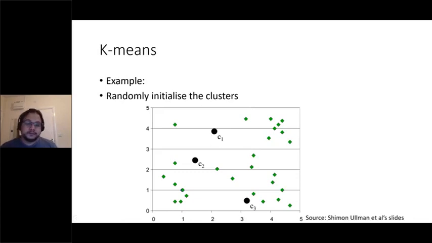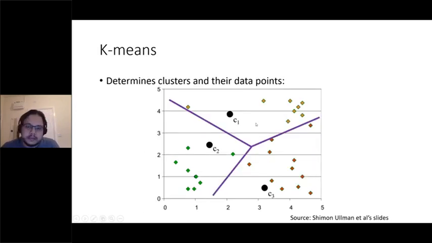Let's see this example. So we have these data points. What K did we pick here, guys? What is our K? 3. Exactly. 3, because these are the centroids. We placed them initially randomly. And then we build our clusters based on which centroid is closest to each data point. So we end up with something like this. These ones will belong to here. These data points will belong to this cluster. And these data points will belong to this cluster as well.